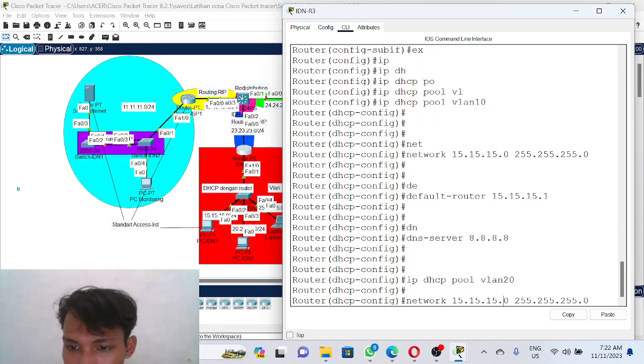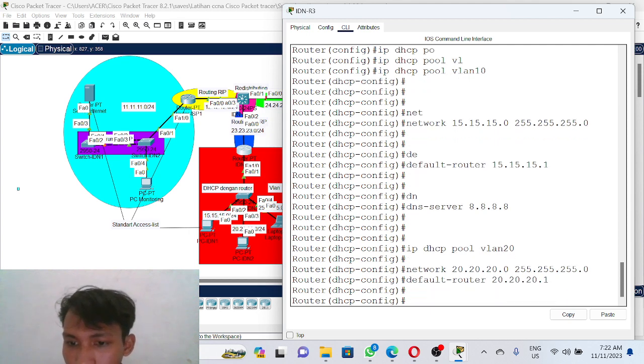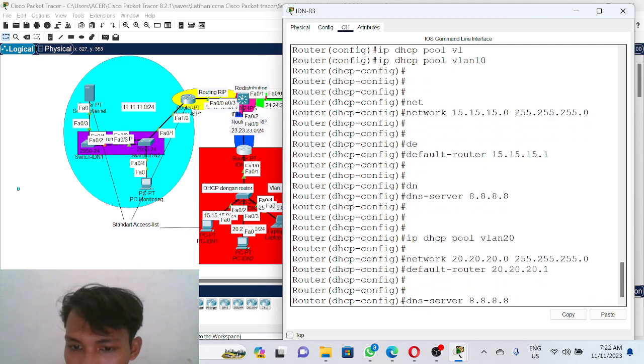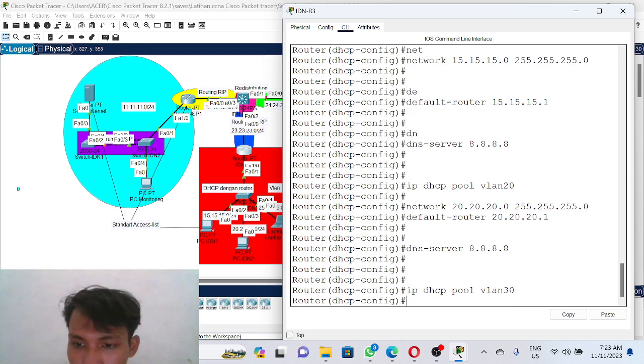And we make the DHCP pool VLAN 20. Network is 20.20.20.0. The default router we change to 20.20.20.1, and then the DNS server Google. We make the DHCP pool VLAN 30.